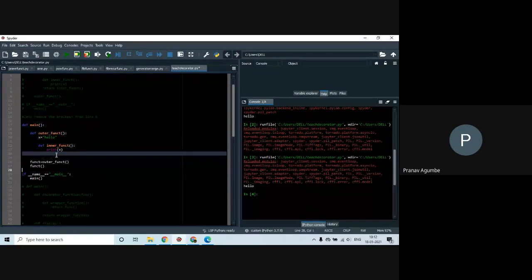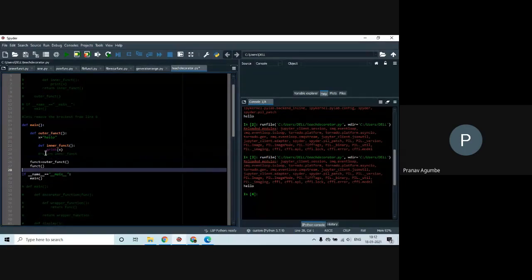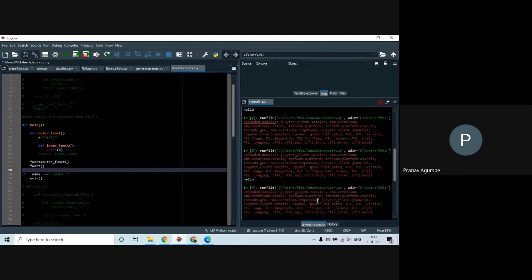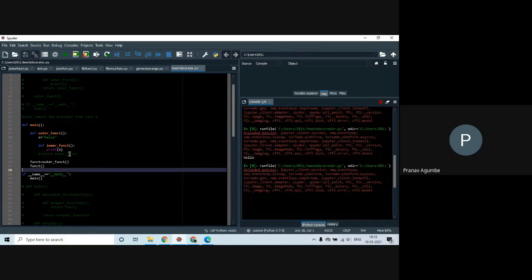Since now we have commented out line number 24, let's run the program and see what happens. So nothing. Okay, it's loading. So nothing happens because there's nothing to return, right?